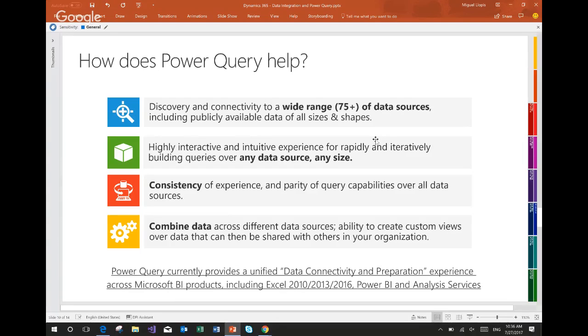But not least, combining data across all of these data sources is just seamless as well. So you can easily connect to one of them and apply transforms, but you can also do multiple of them and then bring them all into a single view that then you can share, whether that is as part of a report in an analytics workflow or by loading that into an entity in CDS as part of the specific workflow we're talking about today.